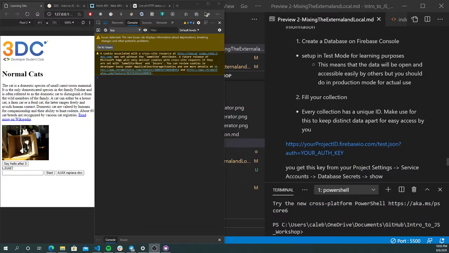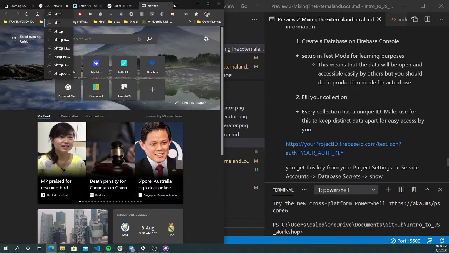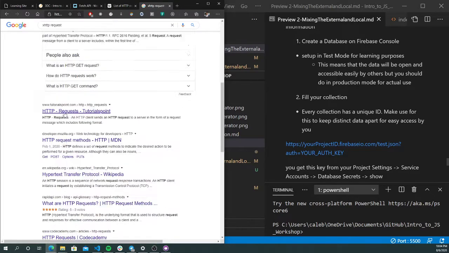So the send sends the request to the web server. Alright, so XHTTP request actually sends the request to the server itself. So the browser actually has no